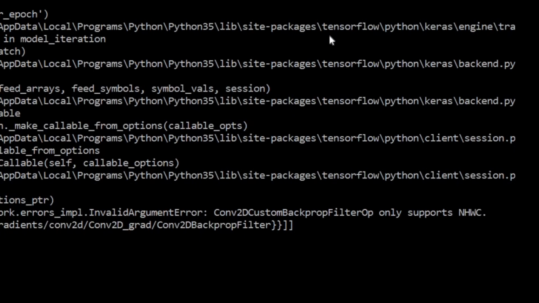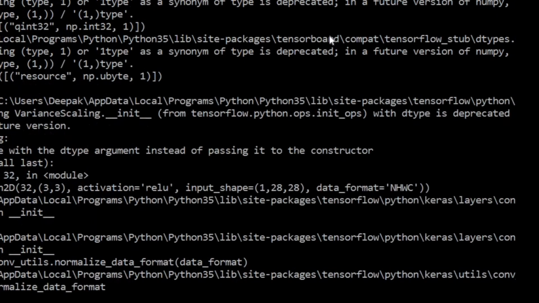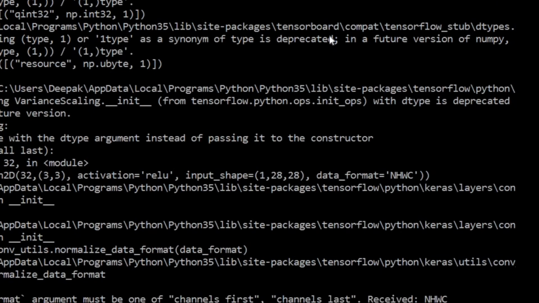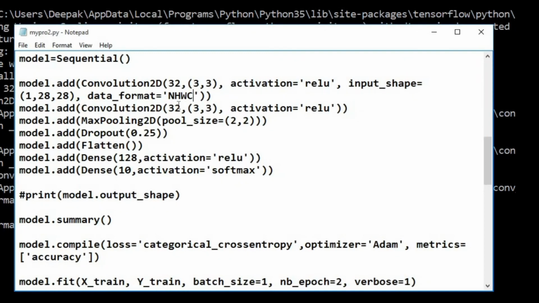So we will change it from channel first to channel last. NHWC stands for N, the number of samples used for training, H for height, W for width, and C for the number of channels. Here the error indicates that the data format argument must be channels first or channels last, but received NHWC. NHWC is not set as an argument here.